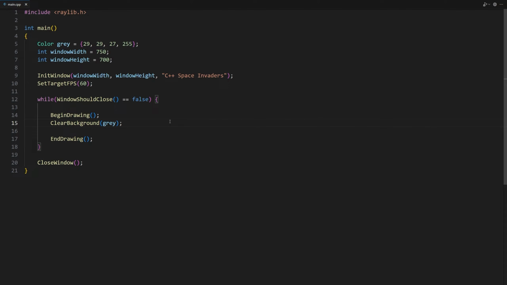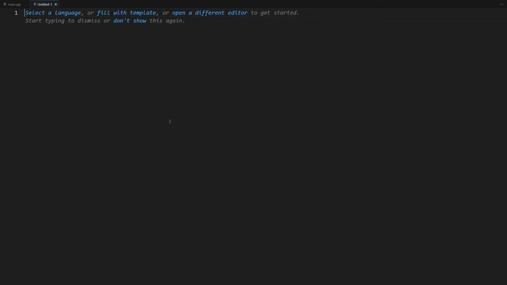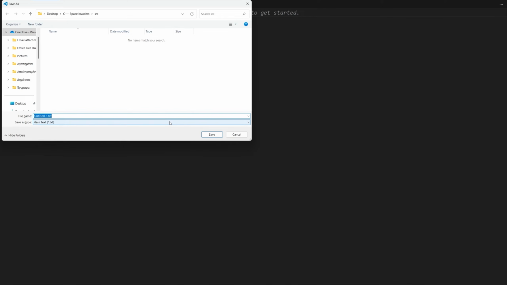I press Ctrl+N to create a new file and then Ctrl+S to save it as spaceship.hpp. I will use the HPP extension to distinguish the C++ header files from the C header files which have the extension .h. Now we can start writing the header file for our spaceship class. Pragma once. This is an instruction that ensures that this header file is only included once in a compilation unit to avoid duplicate definitions. Now we can declare our class.